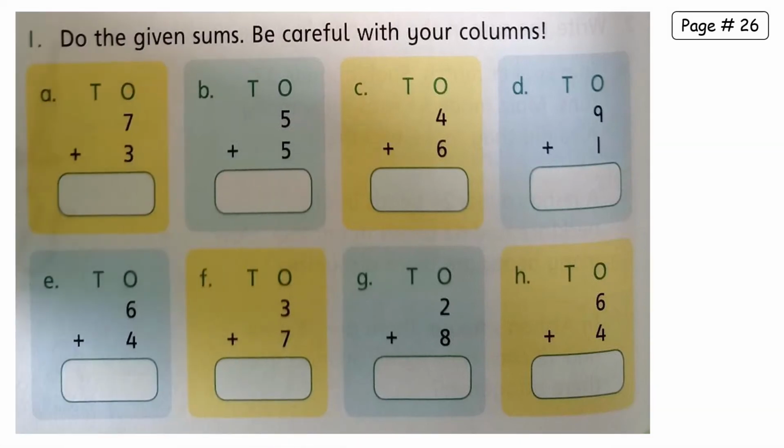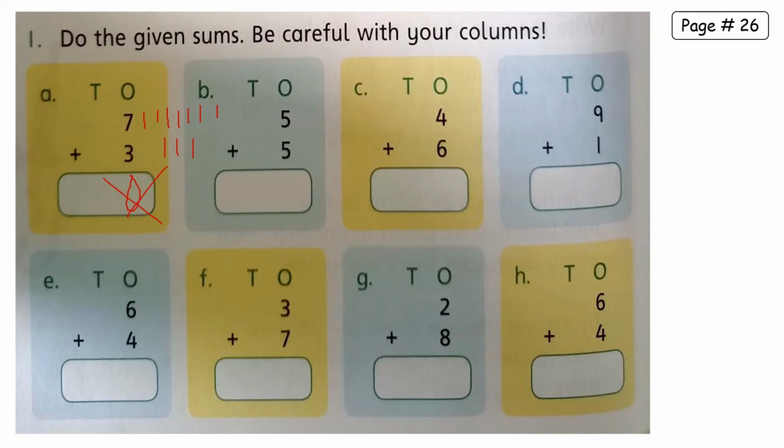Okay, now again we have to add these numbers. Now here we have one digit numbers. Let's do first one, which is 7 plus 3. So we have to add 3 into 7, ones column. So we'll start from the right side. We will add. How many are these all together? 1, 2, 3, 4, 5, 6, 7, and 1, 2, 3, and count them. How many are these? 10. It's 10. But now we will not write 10 in ones column like this. It will be wrong.